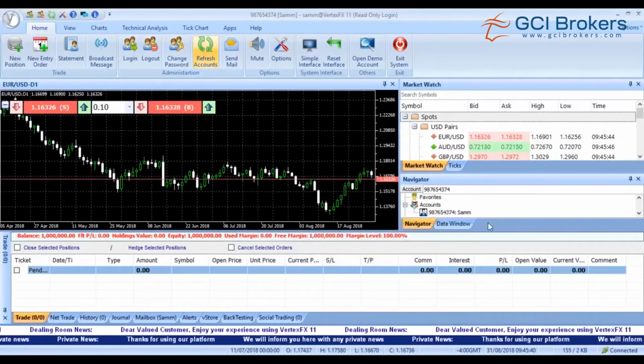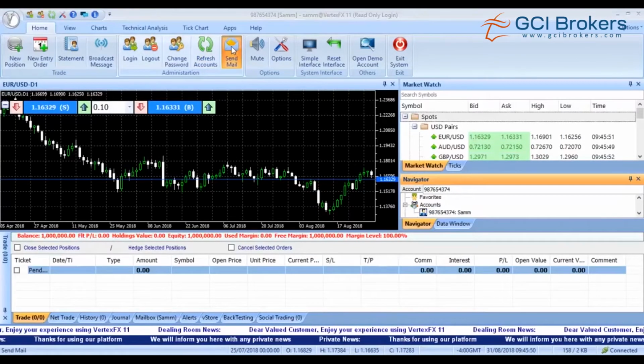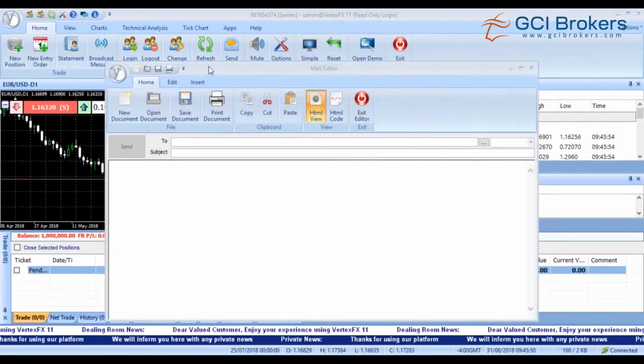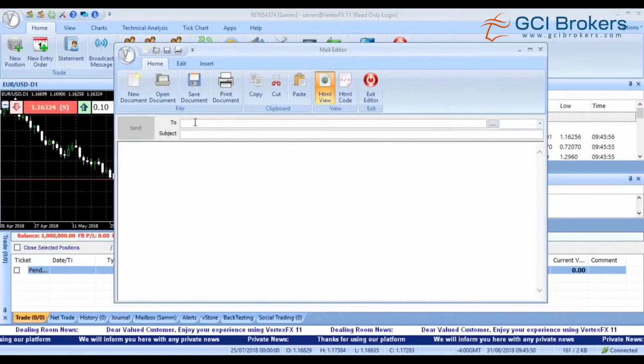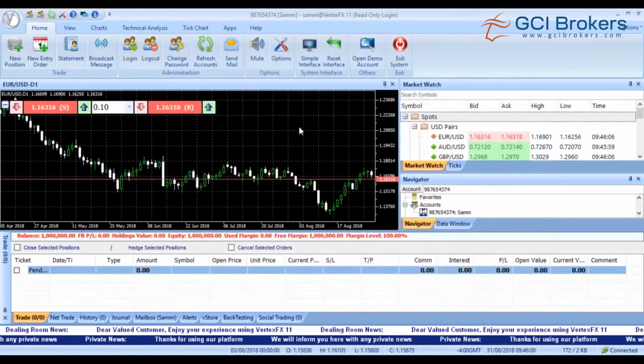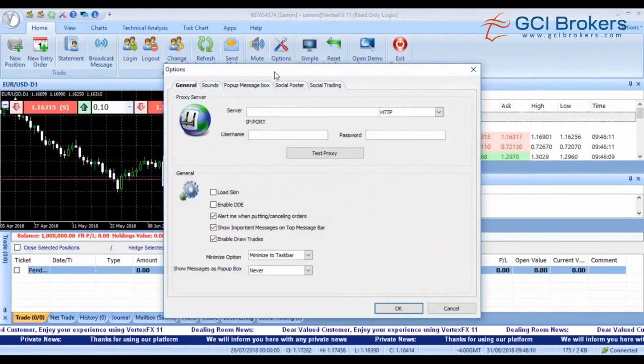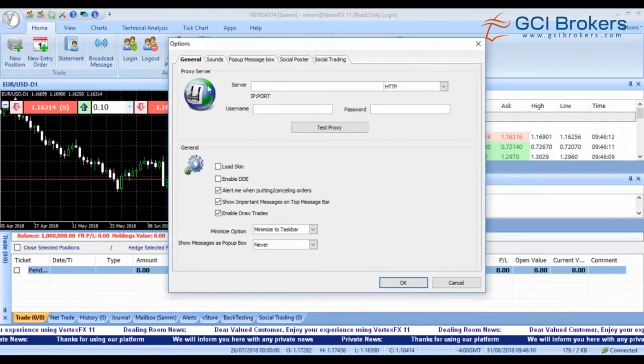The refresh account will refresh the navigator tree that we'll discuss later. The send mail will send a mail to a user in your dealing room. You can click to the username here, the subject, and the body of your mail. The mute will mute the sounds. The options will open the options,